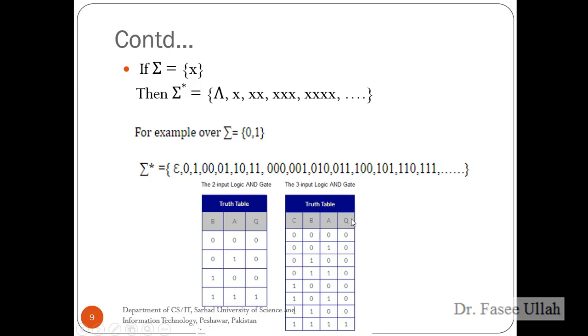This is the very basic principle of how we can design such an automata machine or automata system using the Kleene star. So remember these basic principles of the truth table for 2 inputs and the truth table for 3 inputs, how we can change and where we can change.